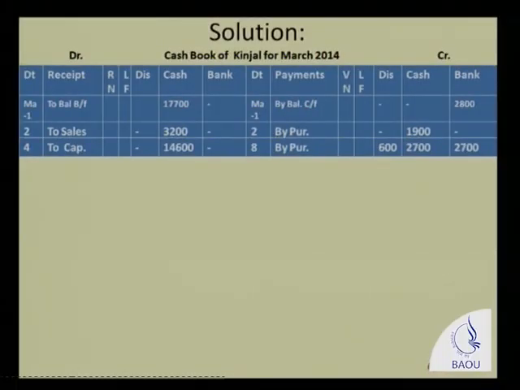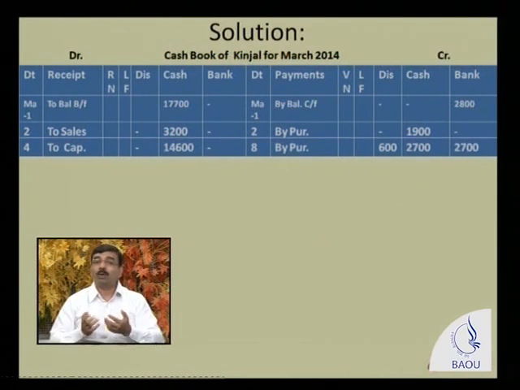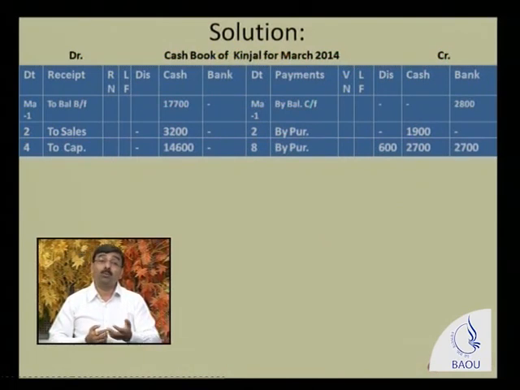Now see the next transaction, and that is Kyndryl brought cash of rupees 14,600 as more funds are required in the business. So Kyndryl brought additional funds into the business as a part of capital. What comes in? Cash comes in. And who brought this money? The owner brought this money. So when the owner brings money into the business, it always comes in the form of capital. So the journal entry of this transaction is cash account debited to capital account. Here it is very clearly written what comes in: cash comes in. So that's why the cash account is debited. See the transactions in the cash book.